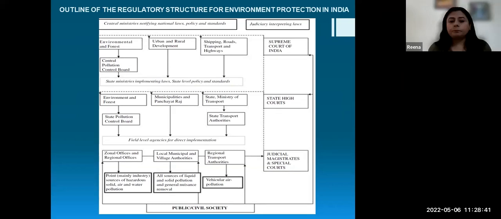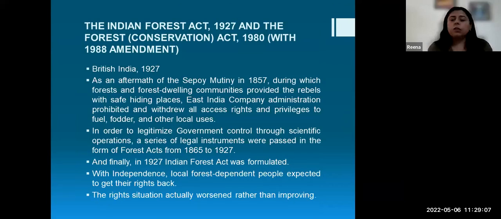So basically, all these zonal offices and regional offices identify the point sources of hazardous solid, air and water pollution. So the structure is perfect to take care of any kind of environmental pollution activity which is being caused in our society. Okay, so coming back to the first law which was formulated under the environmental regulations, the Indian Forest Act